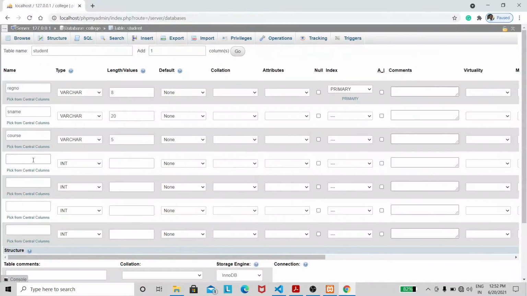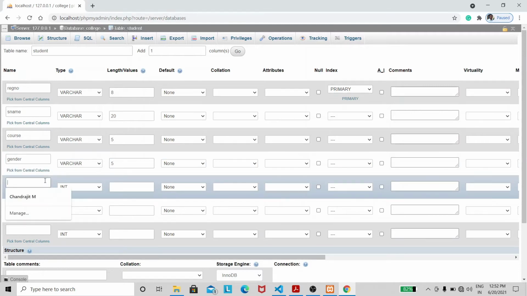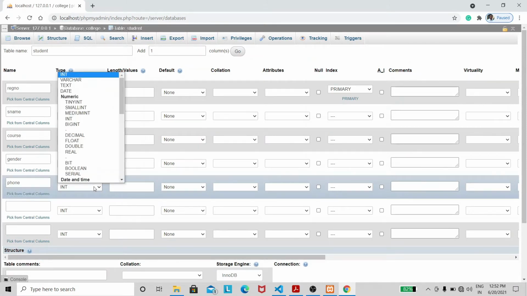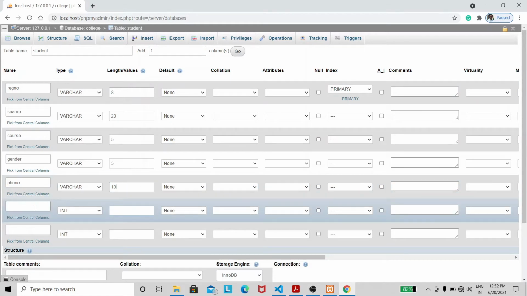Next gender. So gender again is a varchar. I'm going to give it as 5 characters in length. Next you have phone number. I'm going to name it as just phone. So varchar and 10 digits in length.